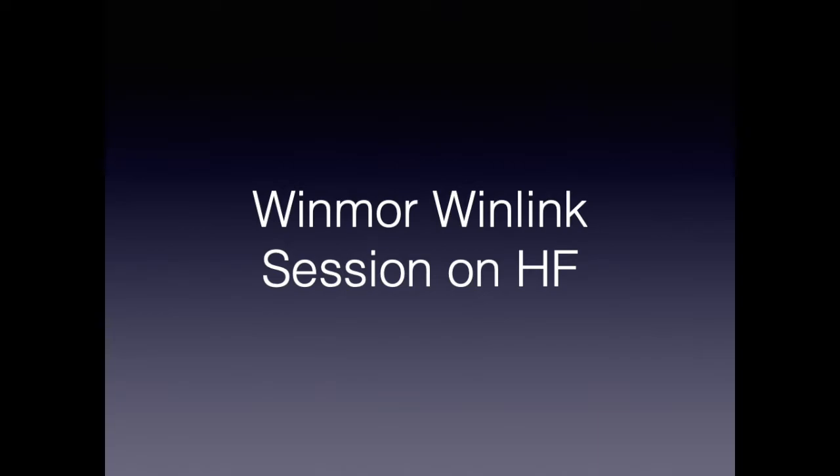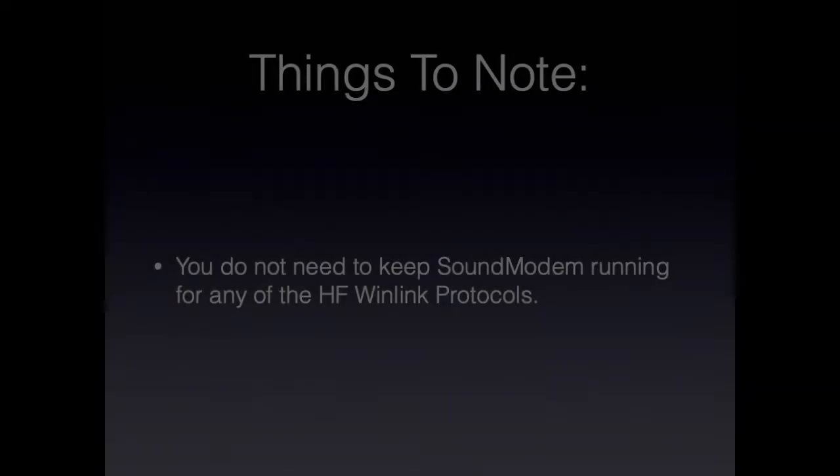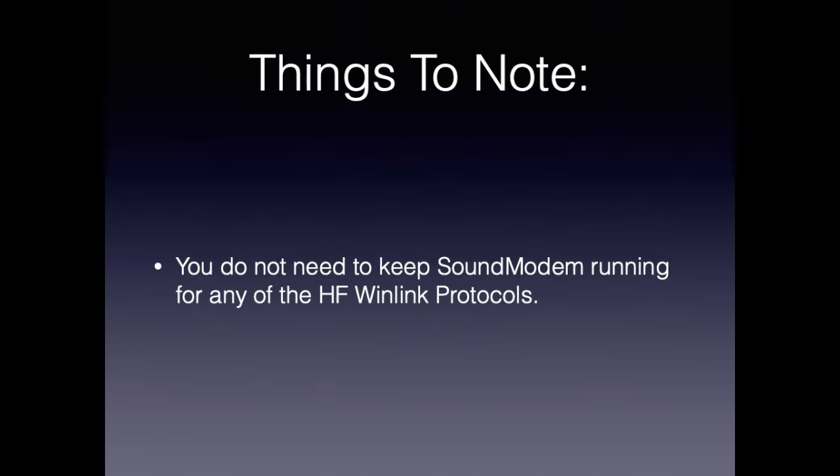We'll go ahead and talk about Winmor Winlink real quickly. And Nick, I do apologize. I didn't talk about ARDOP or VARA or any of those other ones just to save some time here. But the big thing to note when you're going to work on the HF side of things, you don't need Soundmodem running. And that's because ARDOP and Winmor all have TNCs built into Winlink Express that handles that automatically. So you don't need to worry about Soundmodem running. So just go ahead and close it if you're going to do any